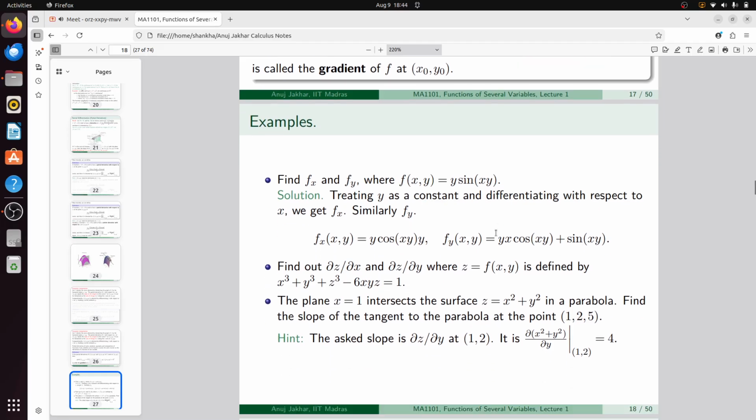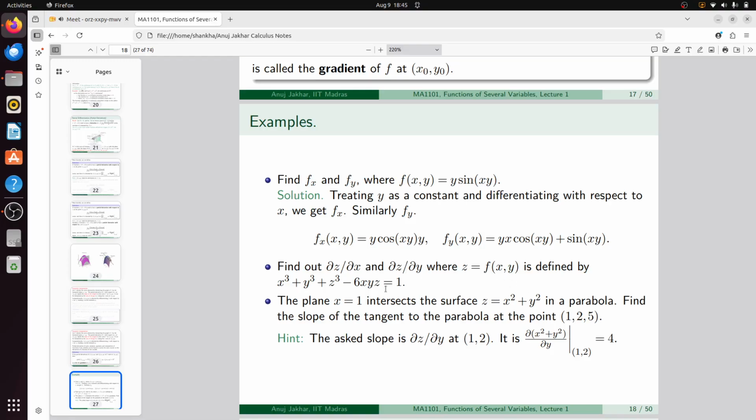Similarly, you can also have implicit formulas. For example, you need to find del z del x and del z del y, where z = f(x,y) is defined by x cubed plus y cubed plus z cubed minus 6xyz equal to 1. Here you take the derivative using implicit differentiation; you cannot define z explicitly, and x, y, z all come in the final expression. You can give this problem a try. I am giving 1-2 minutes, you can solve and find del z del x and del z del y for z equal to f(x,y).